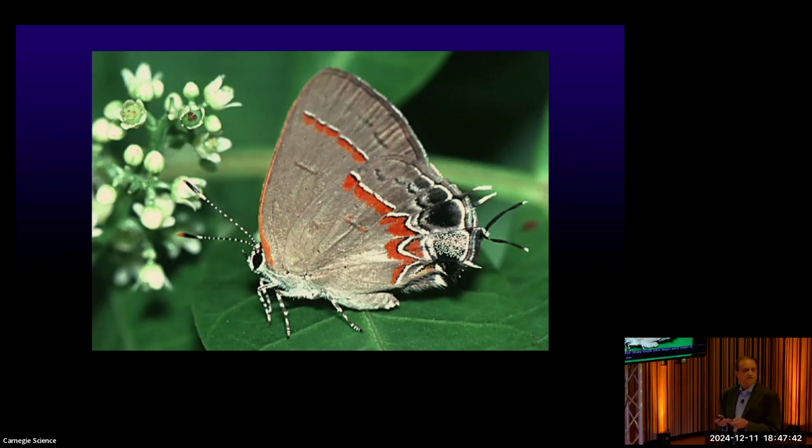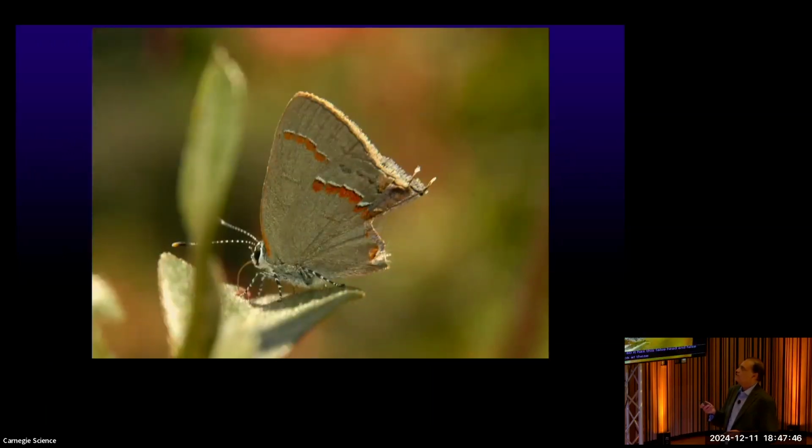And so it has this false head and false antenna. And in fact, when you look at these butterflies in the wild, many times they look like this instead. So a bird or a lizard has gotten this back end, right? And it's lost a piece of wing, but no vital parts here. And in fact, it has one more fake antenna here left to survive another attack, and they avoid being predated.